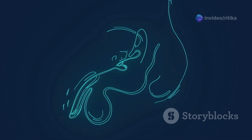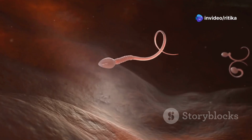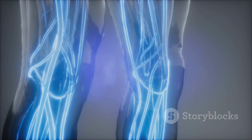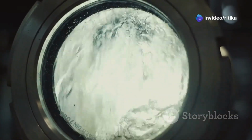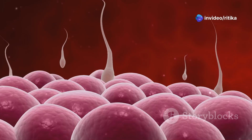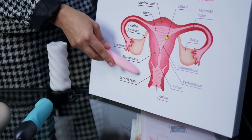The vas deferens is a muscular tube that transports sperm from the epididymis to the ejaculatory duct. It is part of the spermatic cord, which also contains blood vessels and nerves. The seminal vesicles are two elongated glands located behind the bladder. They produce a viscous fluid that constitutes about 60 to 70% of the total volume of semen. This fluid is rich in fructose, which provides energy for the sperm, and contains prostaglandins, which help in the motility